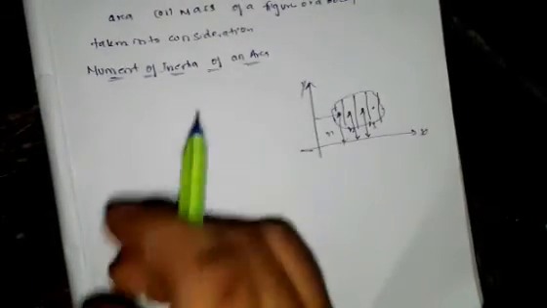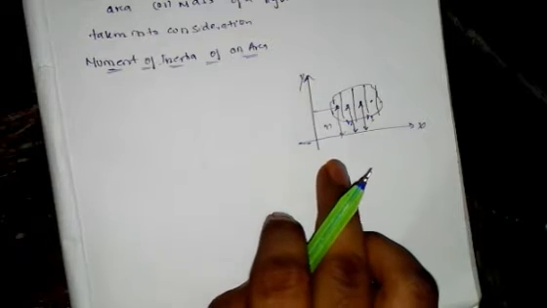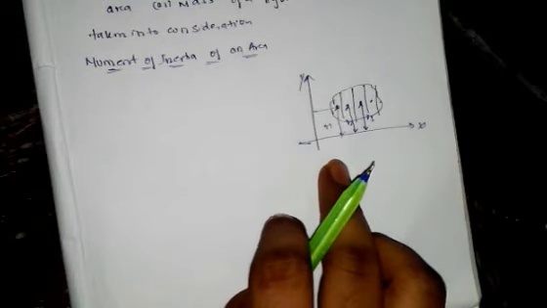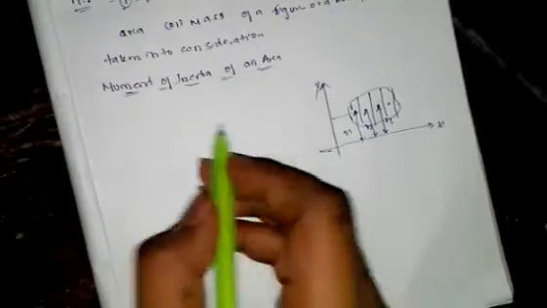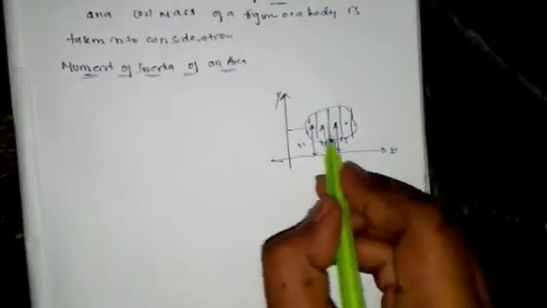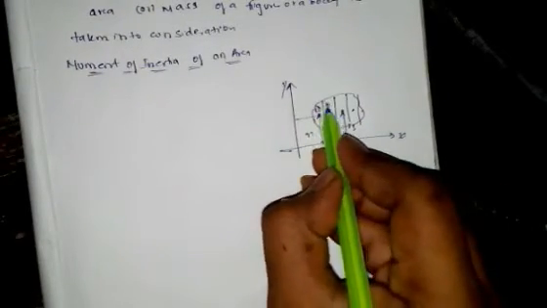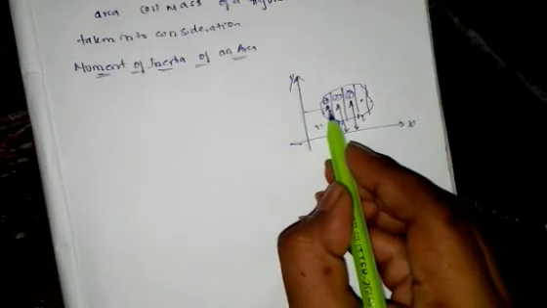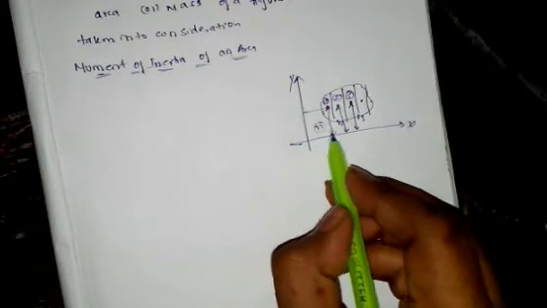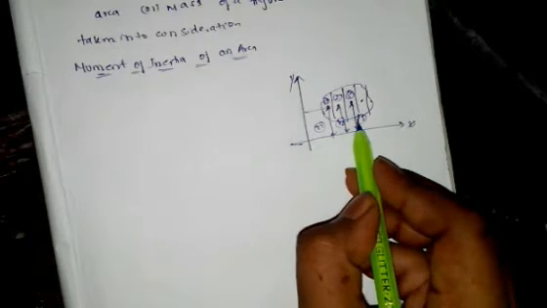Moment of inertia of an area. Let's take an area which is in a plane, the xy plane. Now let's know how to find the moment of inertia of an area. Let's divide the given area into small parts like 1, 2 and 3. The centroid of the first part is at a distance of r1 from the x-axis, the second part is at r2 and the third part is at r3.